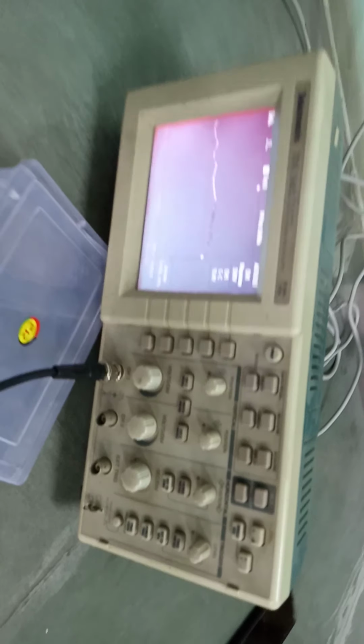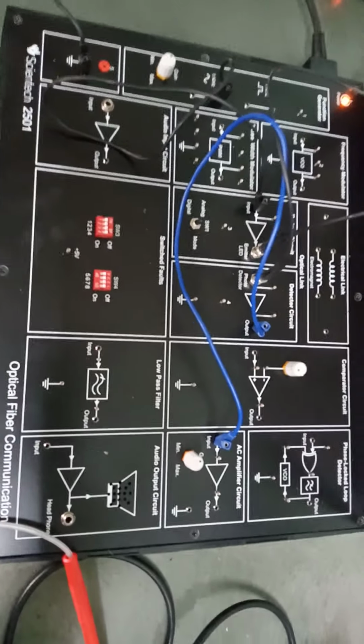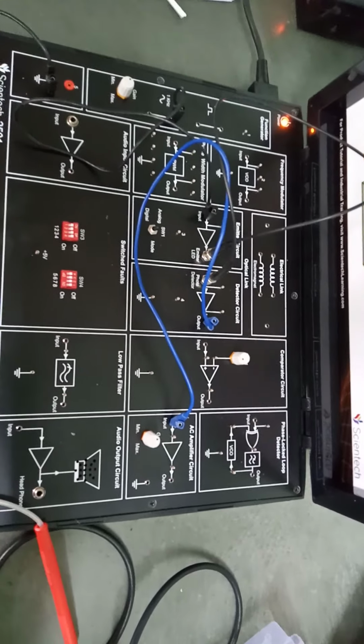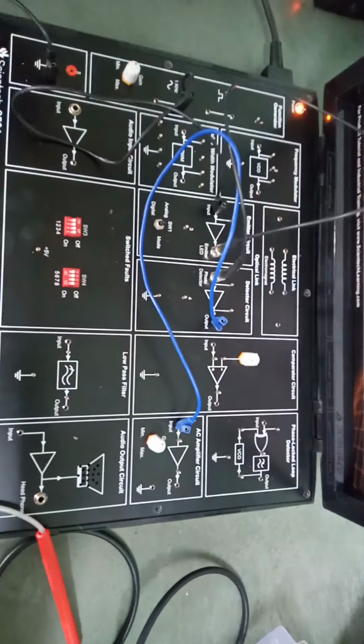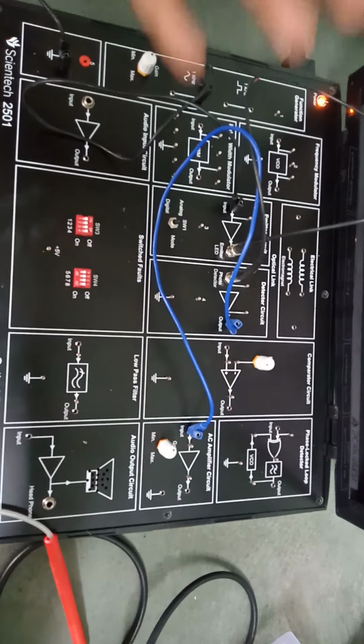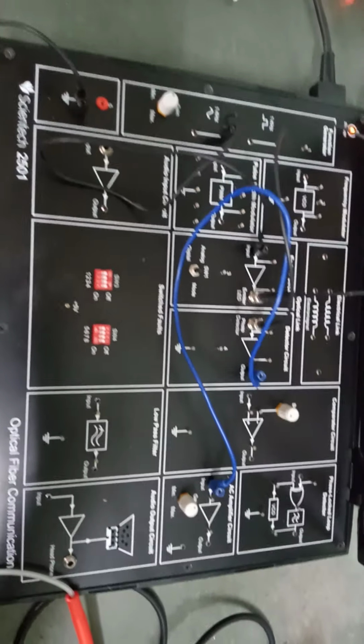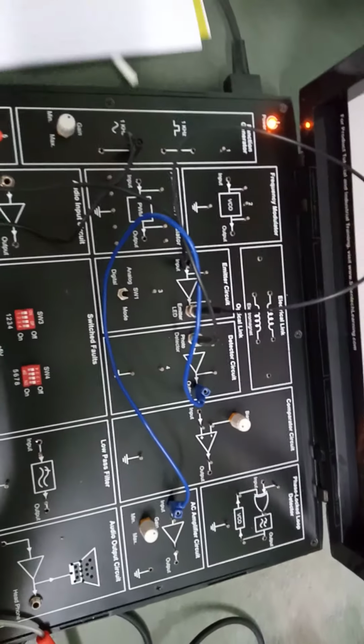So in this analog fiber optics link, whatever input signal we give, in the output we will receive the same signal, but in the middle those signals will be converted into a light signal, which I will show you via this DSO. First of all, I will connect the power supply to the main plug, and I have connected all those power supplies to the main plug. And second, all switches should be closed. So I have closed all switches for you.